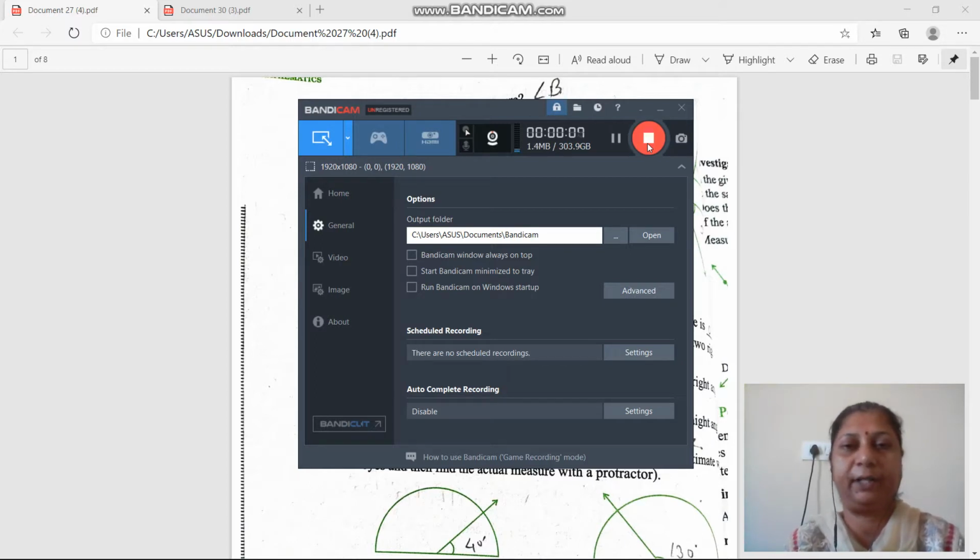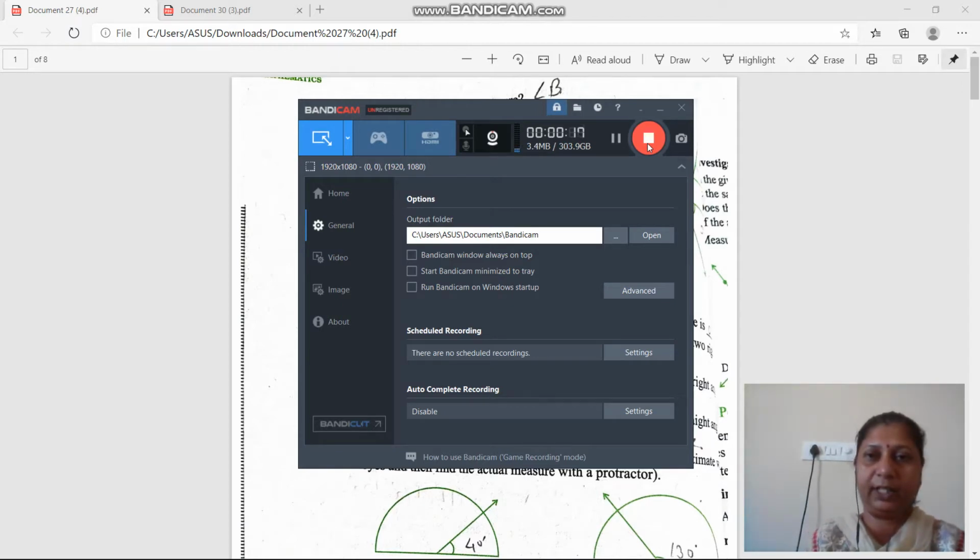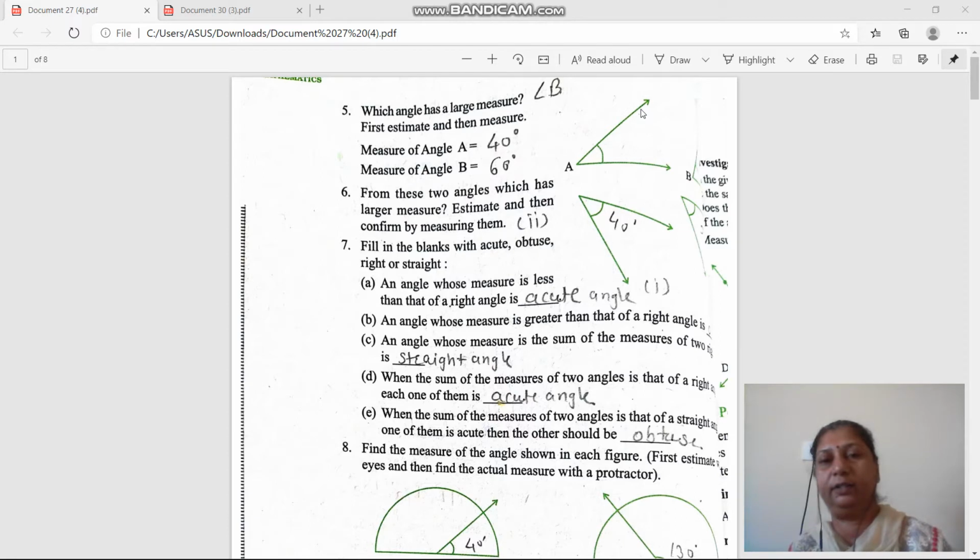We are revising the chapter Understanding Elementary Shapes, right? Exercise 5.2 is completed, 5.3 I have already completed, okay? Yesterday I also completed the topic of perpendiculars and this exercise also, right? Do you want this fill in the blanks once again? Fine. Okay, we will just take a recap.